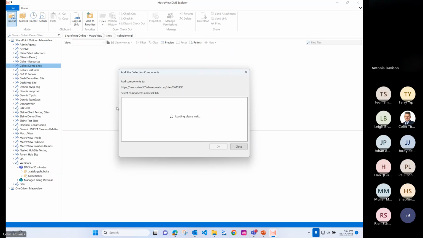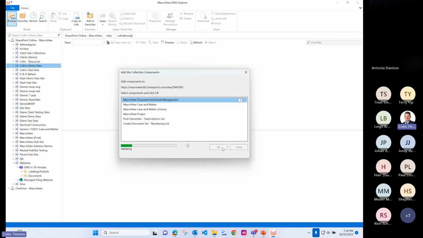The list you're seeing here of solutions will vary depending on what you're licensed for with MacroView. We have some other solutions. Out of the box, you'll always get the document and email one. And if we've built you a custom solution, which is a capability we do for a lot of clients with your own metadata design, through our consultants, that will be on here as well. So without needing to go to SharePoint, you can just right-click and create a new library that suits your needs. So I'm just going to pick this one